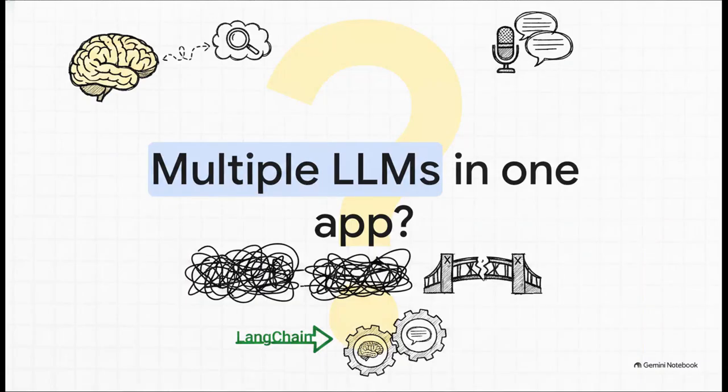Imagine this scenario for a second. You want to use one specific LLM to interpret really complex user queries in your app, simply because it's fantastic at logical reasoning. But you want a completely different LLM to actually author the final response, because its tone is just way more natural. Trying to hard-code the bridge between these distinct models used to be an absolute nightmare. But that exact scenario is precisely what LangChain caters to.